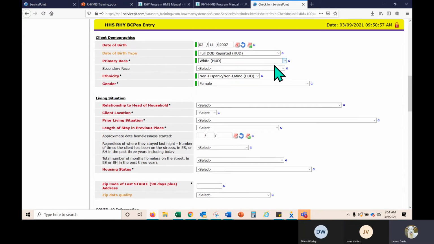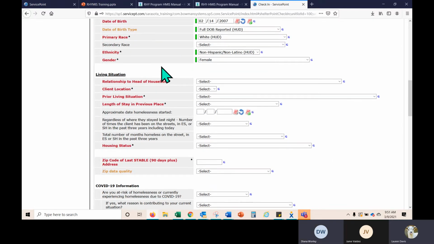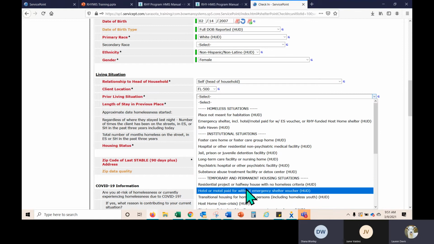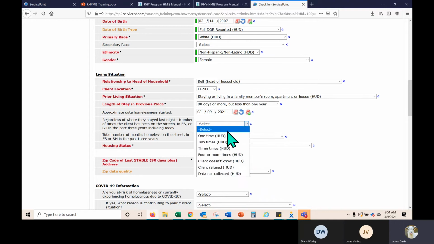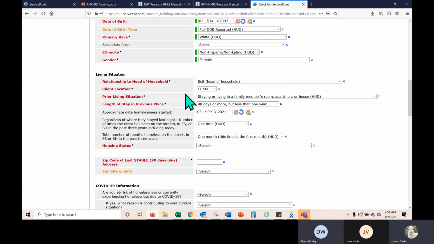As you can see, this information will be completely blank. So you're going to do it, even if it's all populated, you know by now by listening to me, regardless if there's data in here, you're going to ask every question like you're talking to the person for the very first time. Her relationship to head of household, maybe she's herself, where she stayed last night, how long she's been there, her approximate start date. I will circle back about whether, if she hasn't had any experience of homelessness, would this be the story that we're telling?